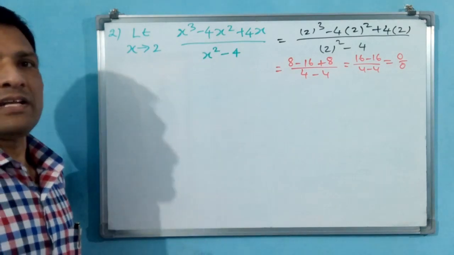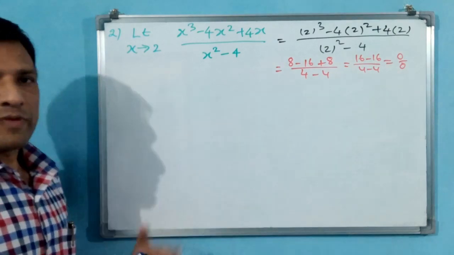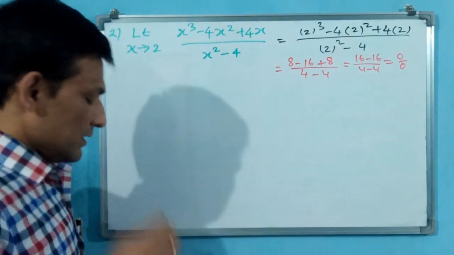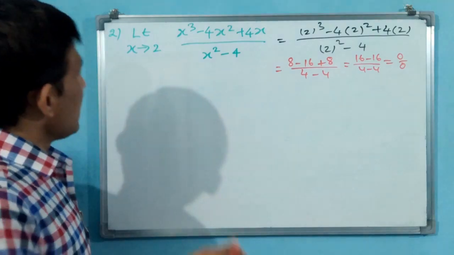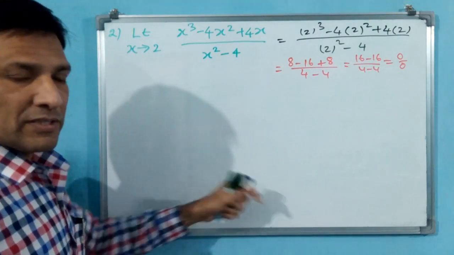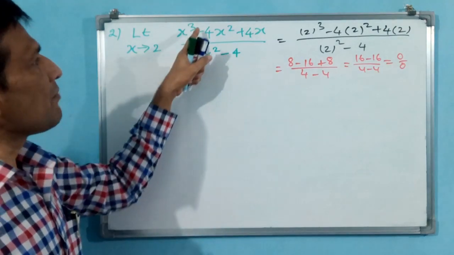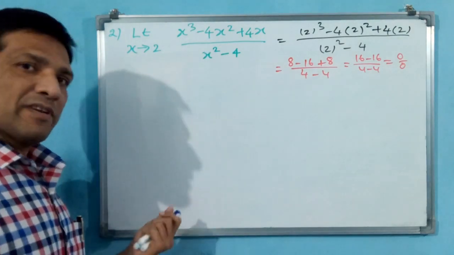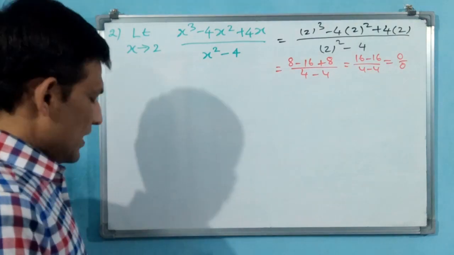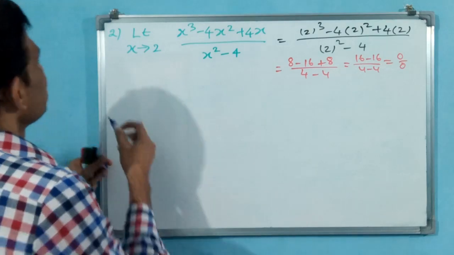Normal cases, how to deal? Normal cases we deal with factorization. Let us do factorization. See how I am doing. Before doing factorization, I am not going to apply the formula. After doing factorization, one final result will come, and that result I am going to apply. Until then I am taking these two as f(x) by g(x).